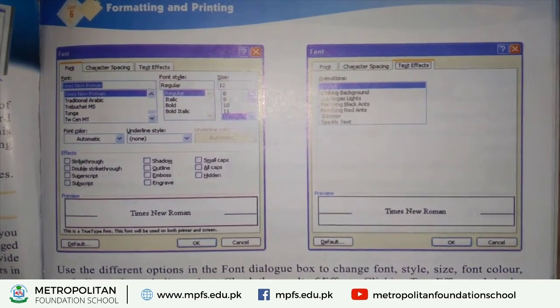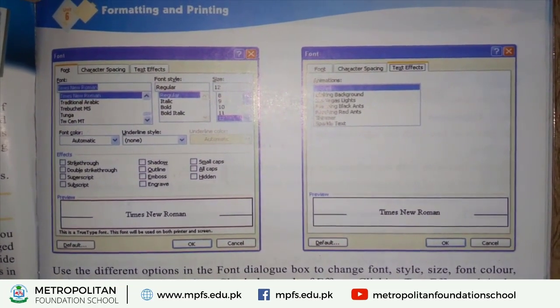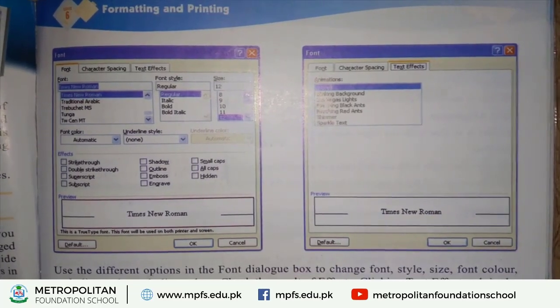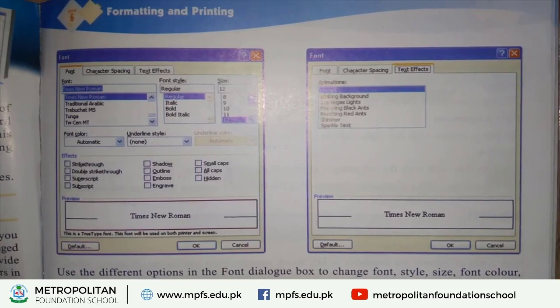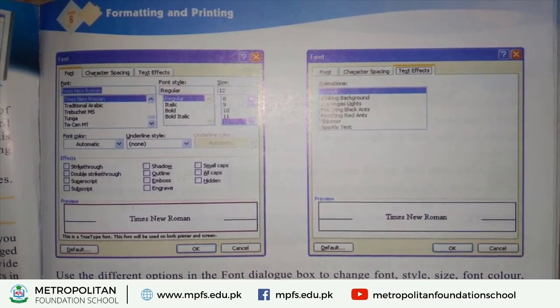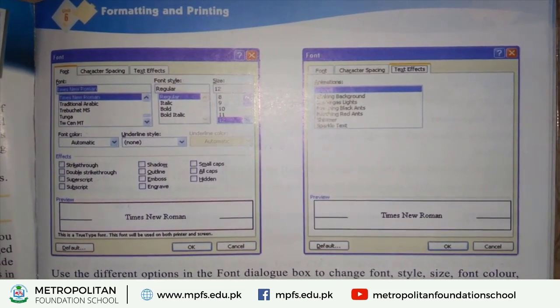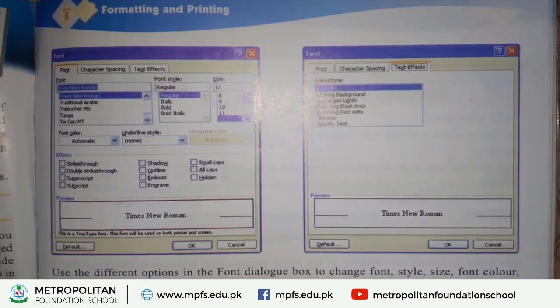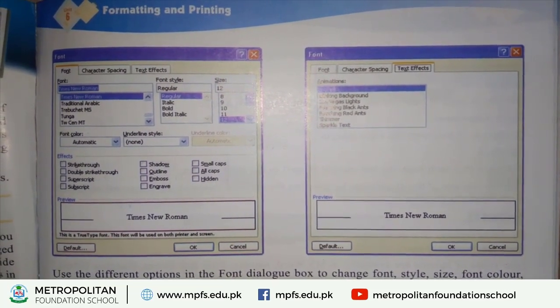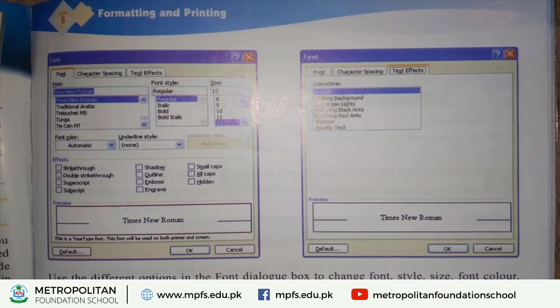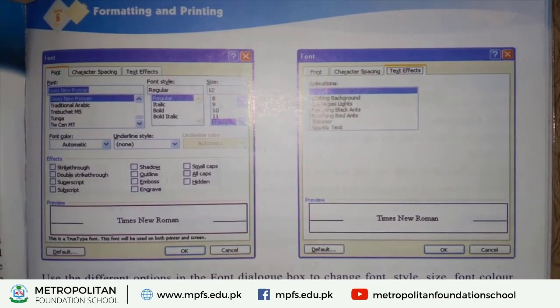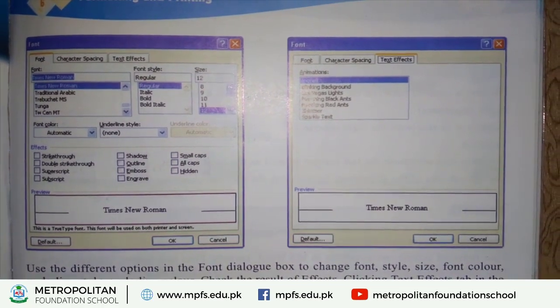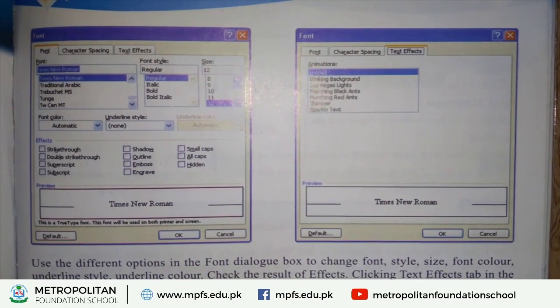Here the dialog box is open. This is the font dialog box. You see in this box the font size and font style. Here are some different effects and shapes and font color, etc.